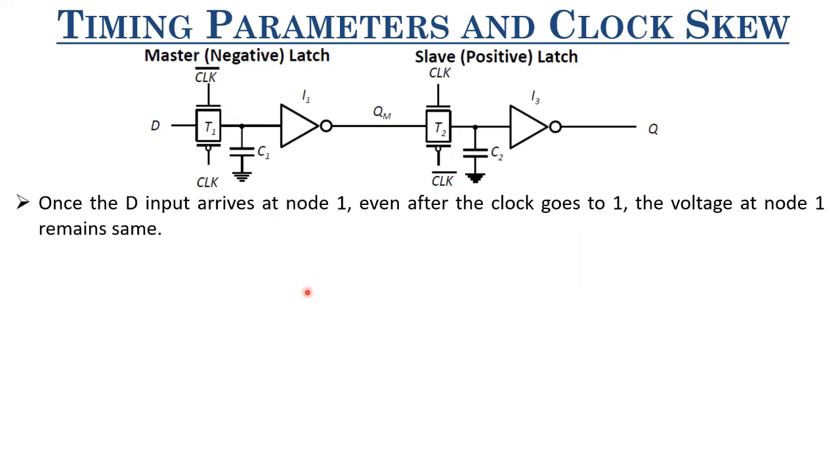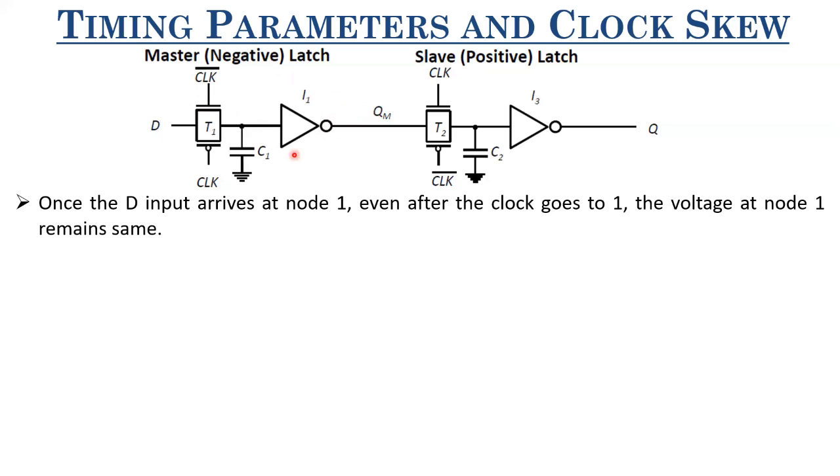So ideally what should happen is, whatever value you want to sample, it should be available here at the clock edge so that it gets transferred here. But this is a special case. I mean, this is not a special case even. You can understand it from this perspective also: the moment clock goes to 0, D is sampled over here. And now even if clock goes to 1, then this transmission gate is turned on and nothing is sampled over here. So once this data is sampled here, after inverter propagation delay, this QM won't change,